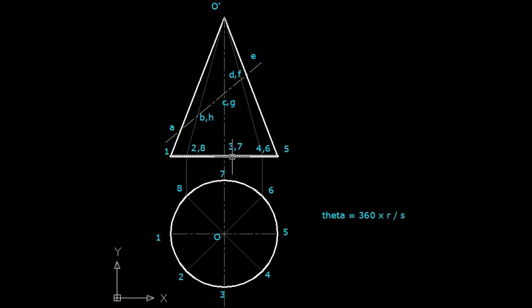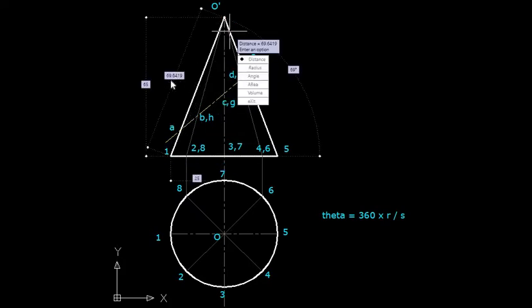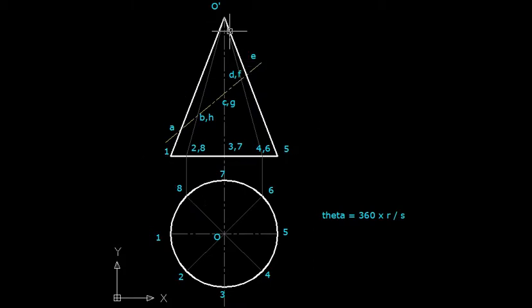It is not 65. 65 is the straight height given, whereas the slant height is more than this. So let us try to measure it. If you measure it like this, from this point to this point, it is coming 69.64, or let us say 70. So here we will have to draw an arc.